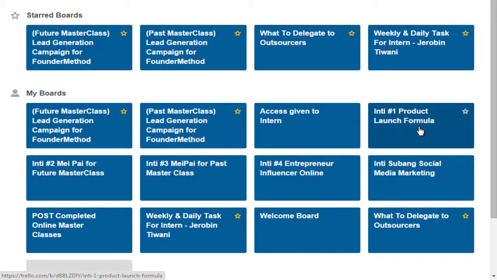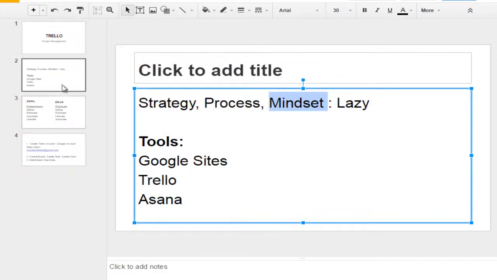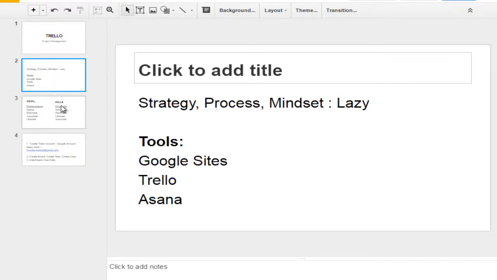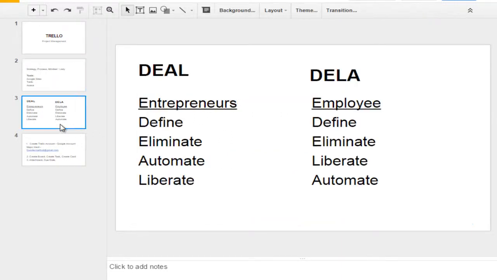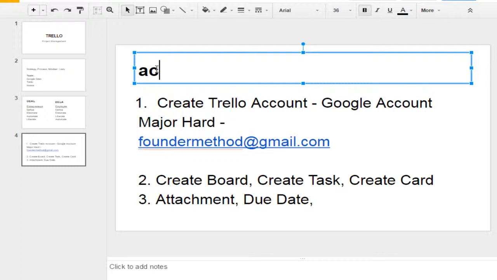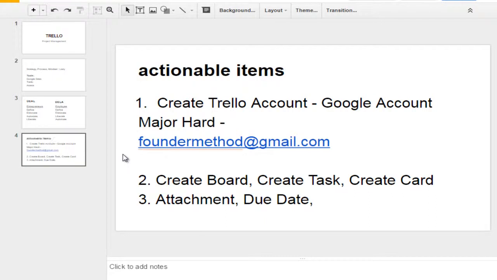So thank you very much for listening to this demo session and sharing session about Trello, about processes, tools, about deals and all these things. So these are the actionable items, remember, that you need to do. If you listen only, you don't do, also no point. Okay, got point. You listen already, you think that Ivana is saying something that doesn't make sense, but let me try. You can forward my post to your staff, ask your staff to do lah. Also the same thing lah, you need to do yourself.